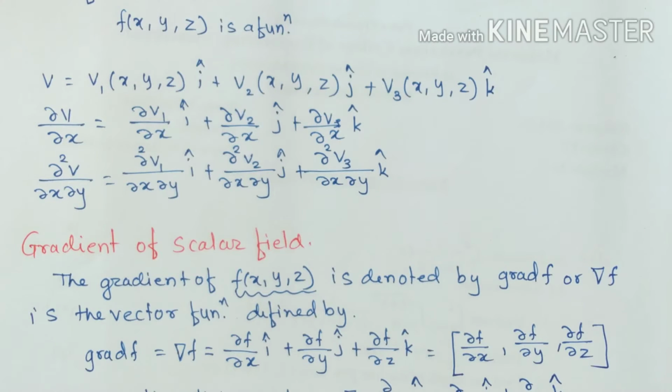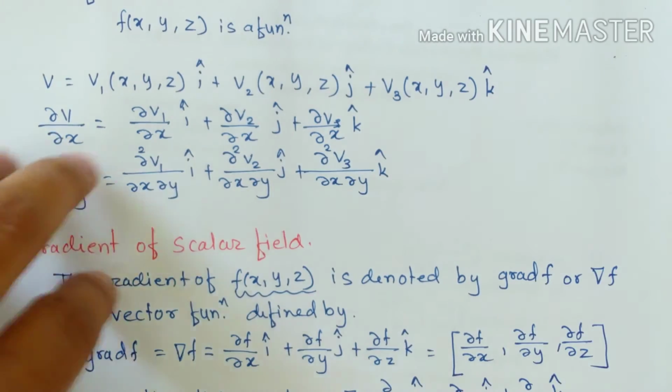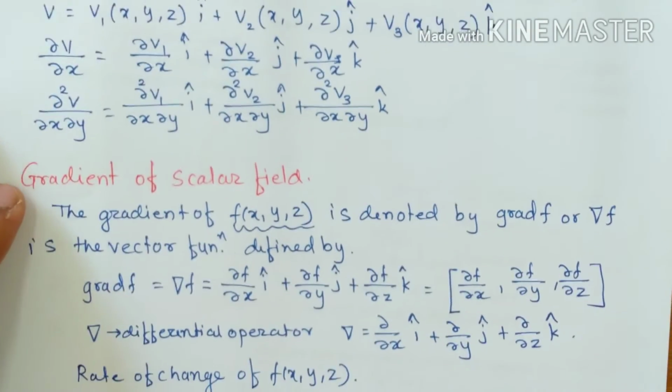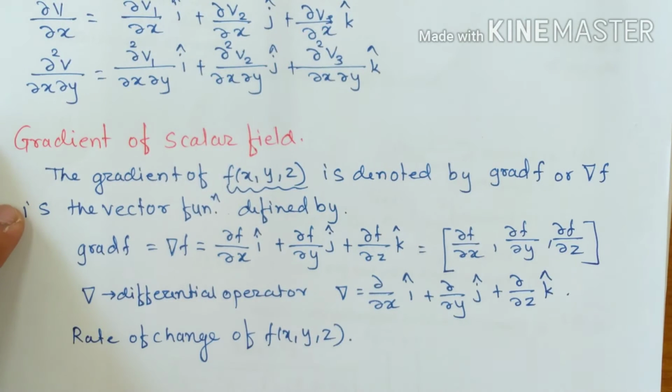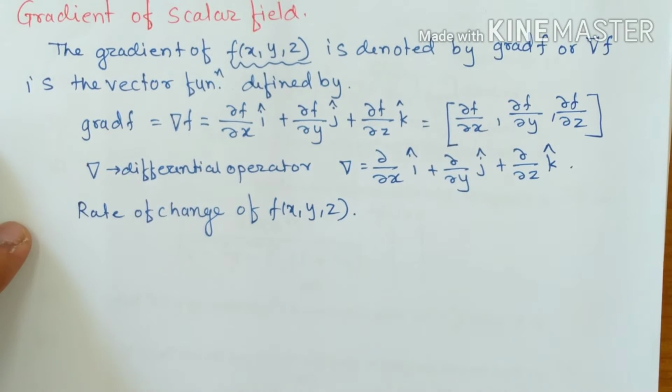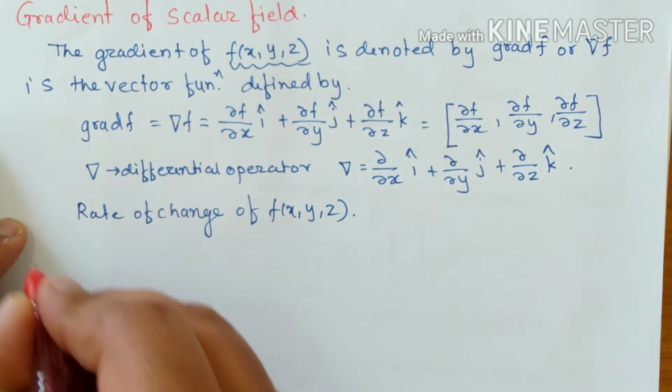So the relation between two kinds of fields is obtained by using the gradient. Two kinds of fields means one is a scalar field and the other is a vector field. Whenever a scalar field is given, you can obtain a vector field by taking the gradient of the scalar field. So gradient, you can call it a relation between a scalar and a vector field. I hope this is clear to everyone. Now I just took some simple examples of how to calculate the gradient.